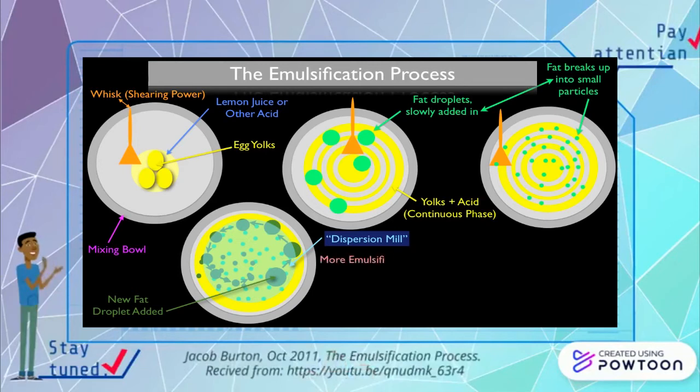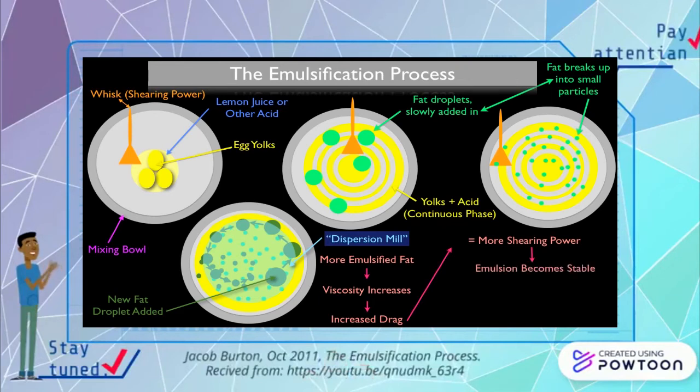The more emulsified fat that you add, the more the viscosity will increase. And as we talked about last episode, viscosity in and of itself can actually work as a stabilizer. This happens because the more viscous or thicker your emulsification becomes, the more increased drag you have on your dispersed phase, in this case the fat particles. As these fat particles have increased drag on them, they will start to split up into a smaller dispersed phase. The shearing power will actually increase,